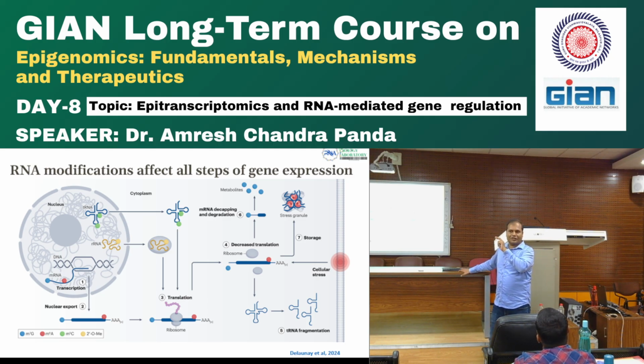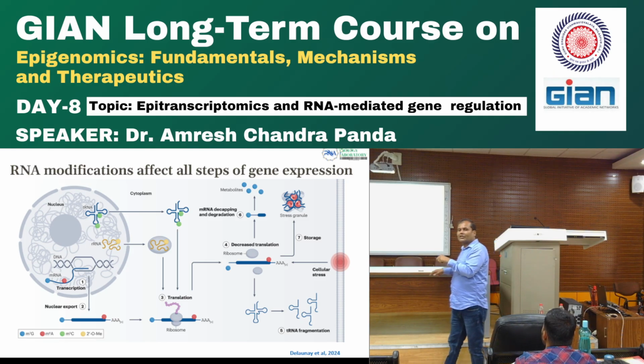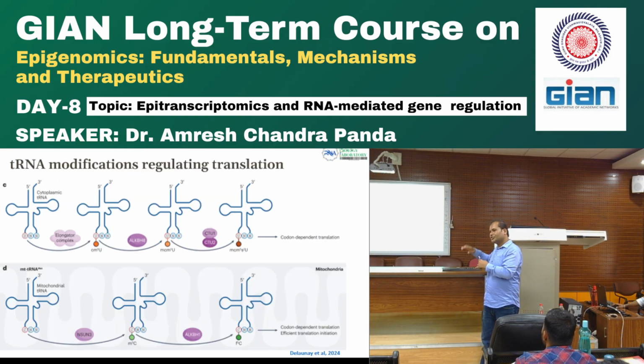So one of the most heavily modified RNA is tRNA. So you can see how many nucleotides are actually modified here, and you see the modification near the anticodon region, right? And these modifications are regulating the translation initiation or elongation. So they are important for translation. So if you change the modification of the tRNA, you actually change the overall protein synthesis process. Okay,